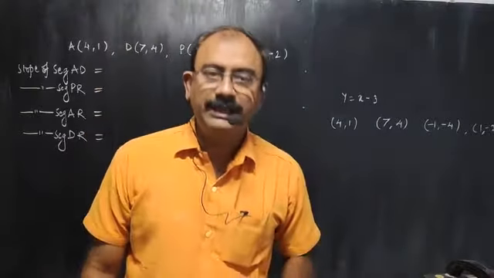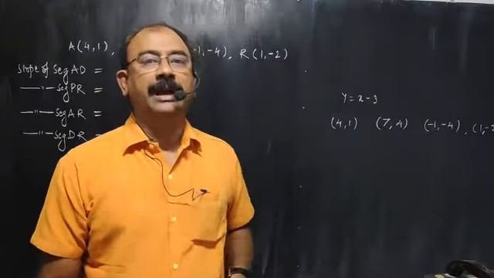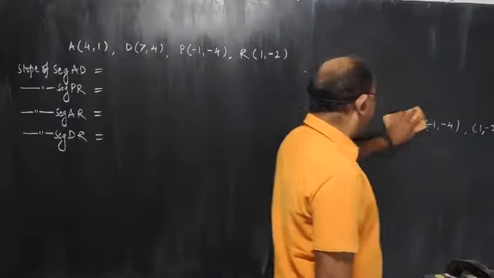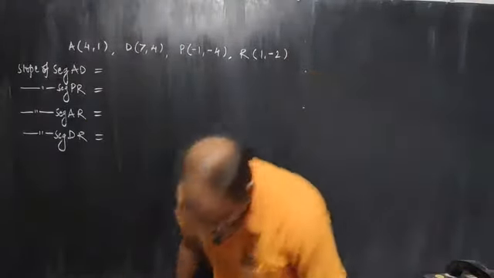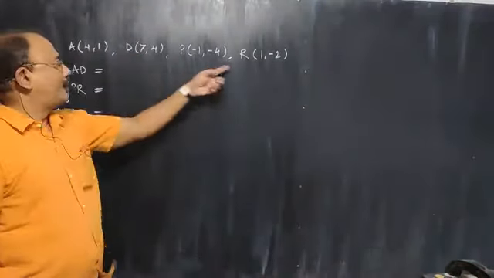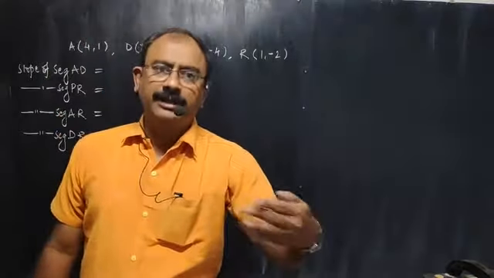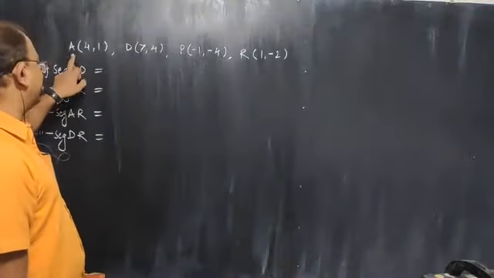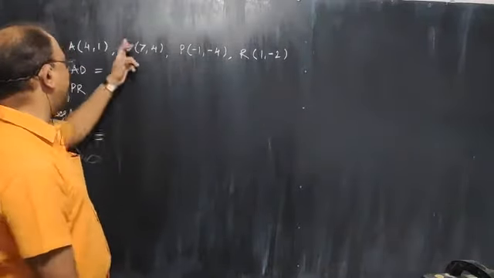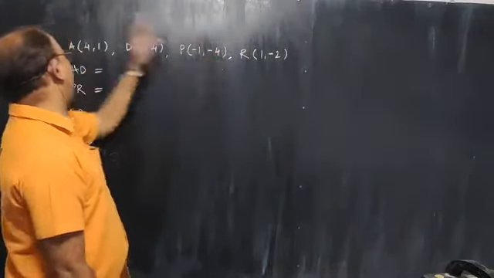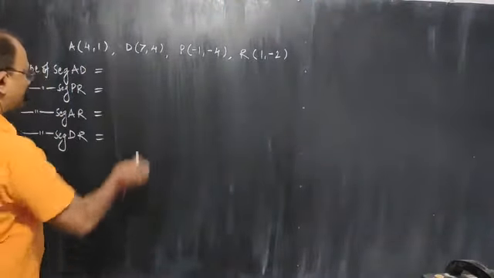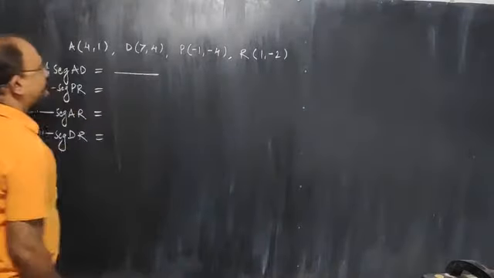So what I did, I drew one line on the graph paper and noted down 4 points of that line. Okay, and those 4 points are written here, and with the help of these 4 points we can construct number of lines, number of segments. Segment AD can be there, segment DP can be there, PR can be there, DR can be there, RA can be there. So I have taken 4 segments. Let us calculate their slopes and let us observe what do we get.